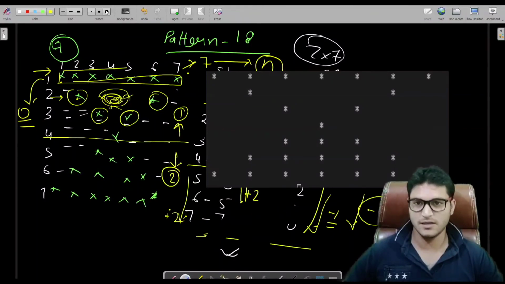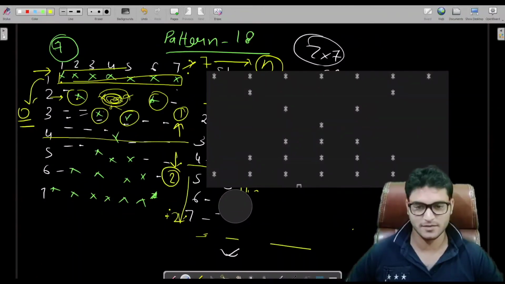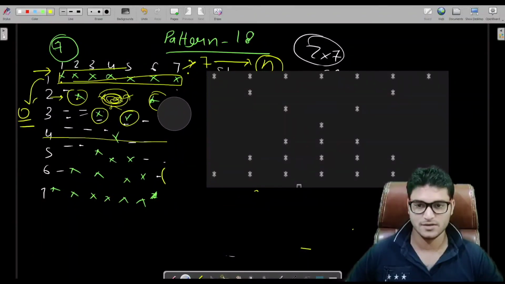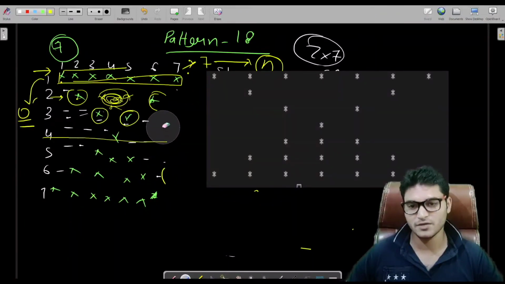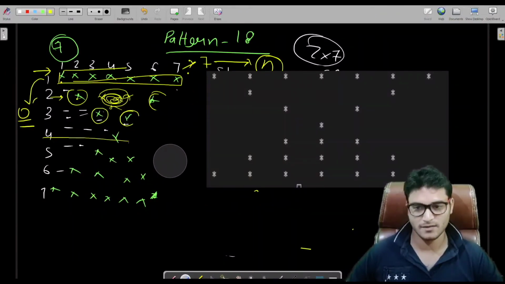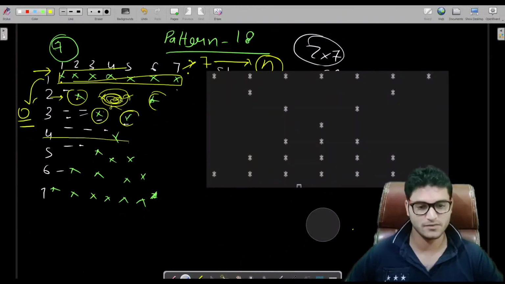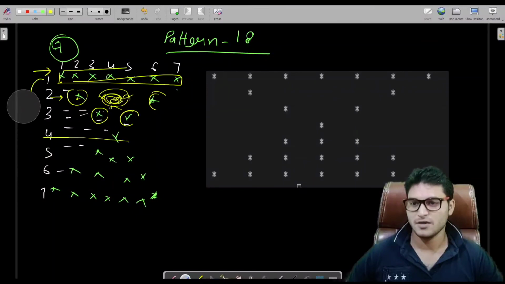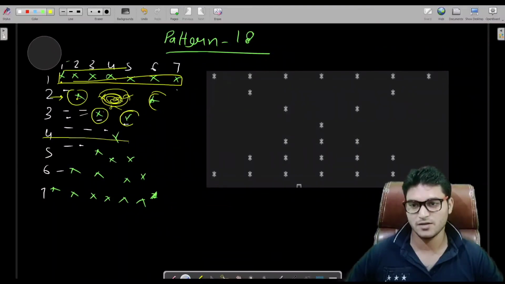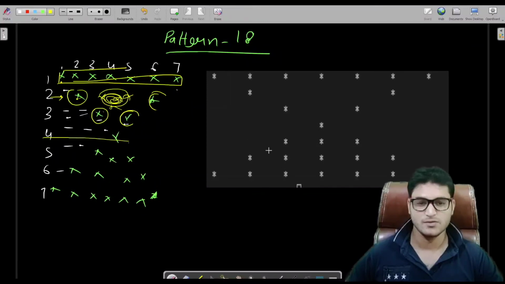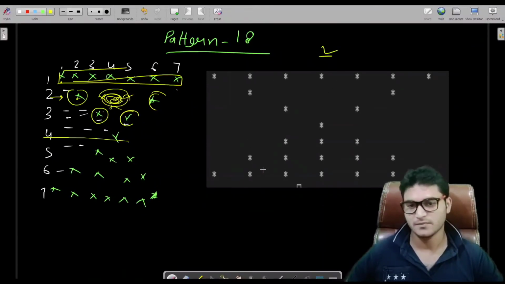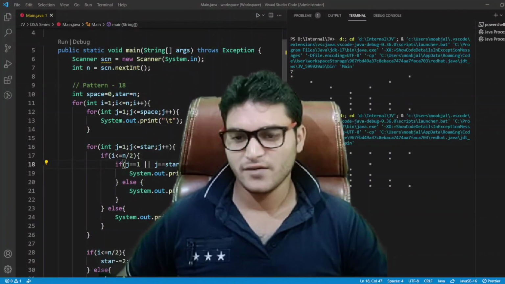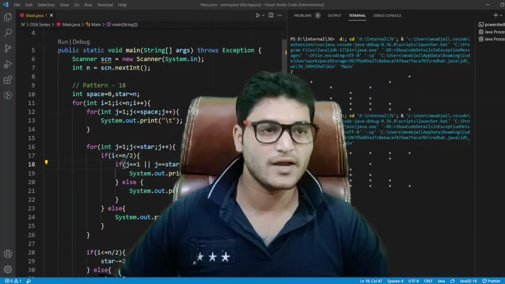So till then you can compare the output, and let me remove the things which are unnecessary. And I was telling you that we do not have to worry about these spaces, so we did not get any requirement of these, so that's why I'm not discussing that. Fine. Now you can see our output is similar to the question. So that's all we have to do in this program. And if you look at here, we have the exact same output by just applying a few of these conditions.